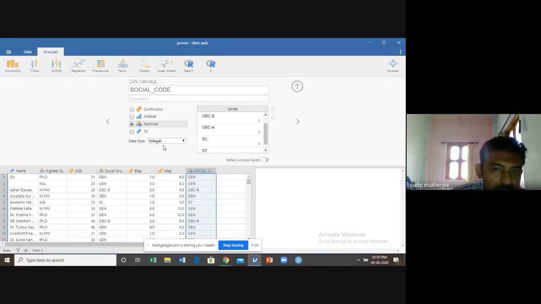In other packages, in case of SPSS, in case of Stata, it gives you the message that these variables are string variables, and with string variables, SPSS or Stata cannot perform any test. But in case of Jamovi, you can use a text variable as an independent variable or as a factor variable, and you get your results. So this is the beauty of the Jamovi software.